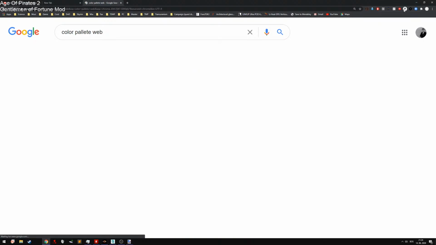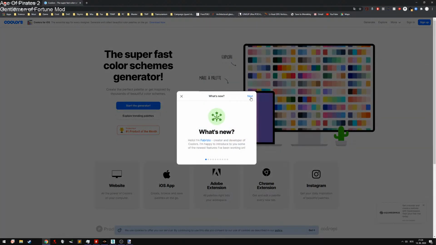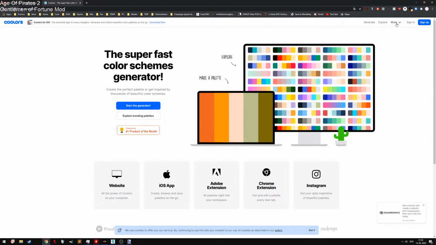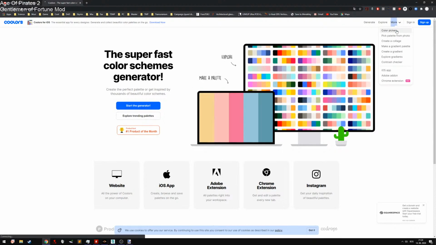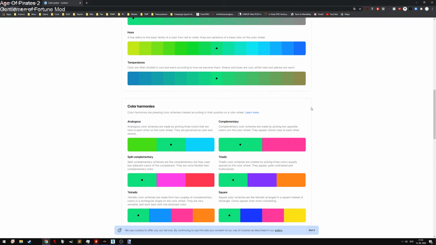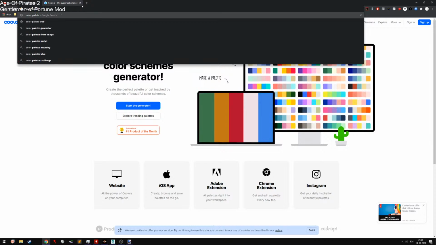Whatever. Color palette map. Color palettes. Those. Let's see. Color picker. Let's see something. Maybe it's easier to just Google color palette